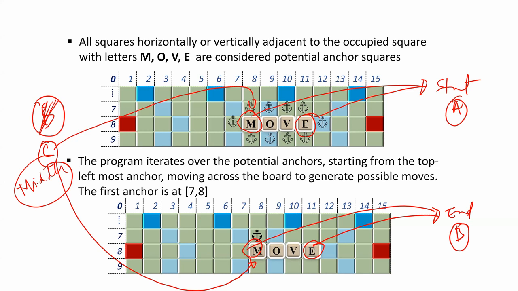Now, my question to you is, think about this for a second. If you're making an actor that places a word on the board, and that actor is searching for possible combinations where the word starts with M and E or ends with M and E, how would that function? How would the behavior of that actor change when you're searching for a word where the anchor is in the middle? What would need to change? This is a thinking question.